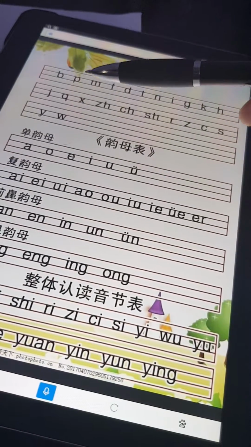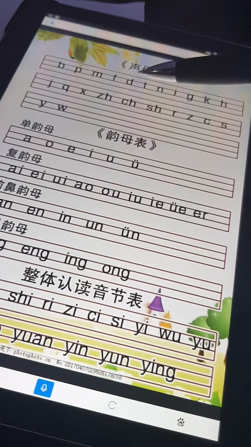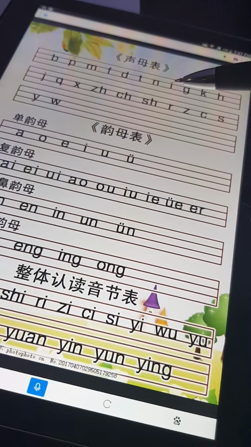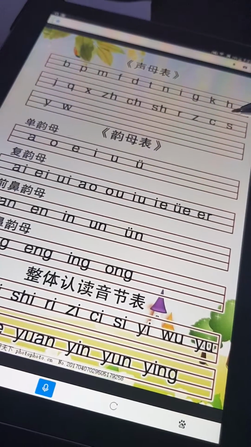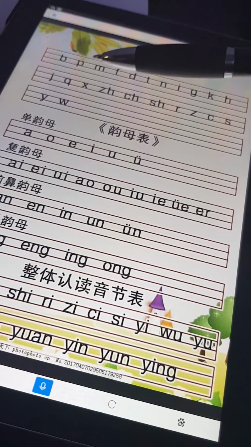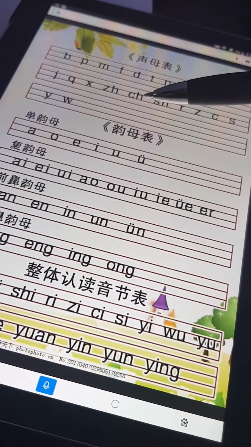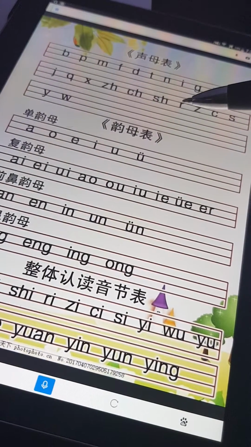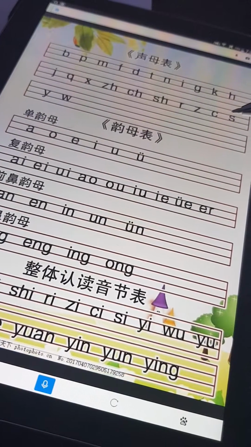B, P, M, F, D, T, N, L, G, K, H, J, Q, X, Z, Ch, Sh, R, Z, C, S,